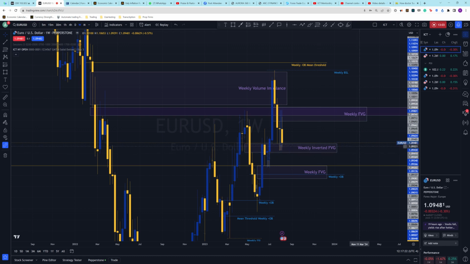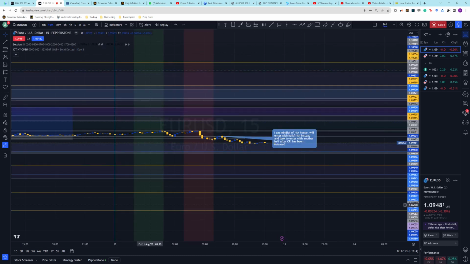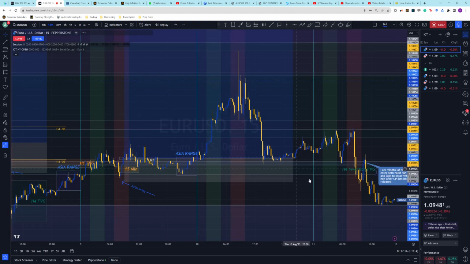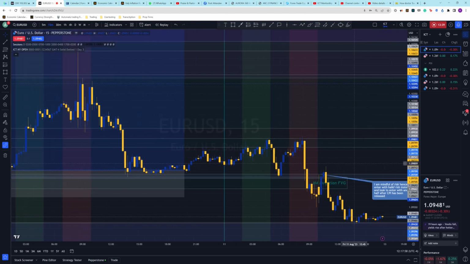In a Judas swing, you want to see wherever your liquidity is. An A plus setup will be that price just tips it and rejects instantly. In a situation where I see that price tips it and then keeps going for a while before it starts to reject, it's not an A plus setup for me. But should price tip it and we see that instant rejection, I think we had something like that on this particular day for EU. Just that I didn't take that trade. Example of an A plus setup. All right, so this is a perfect example.